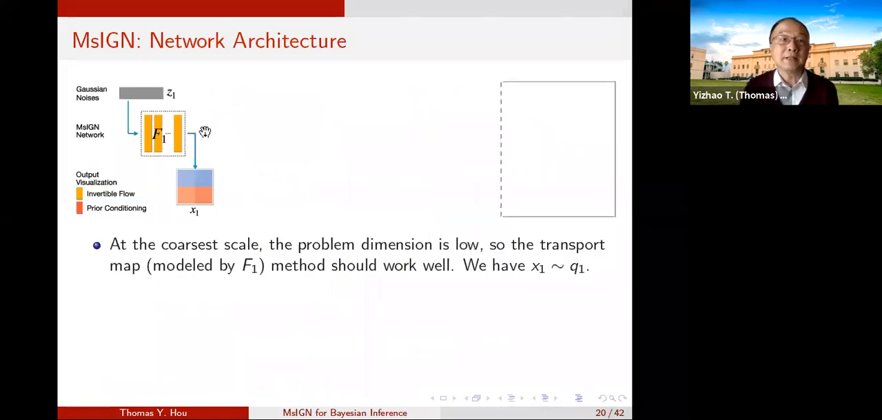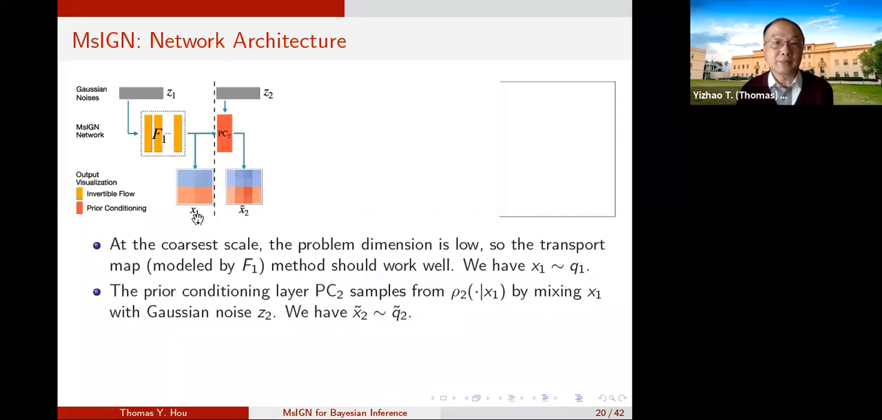So this is how the method works in the network. You start with the Gaussian noise Z1. It is the coarsest level. So you train the map F1, because it's low dimensional enough, the very coarse grid. So you can train F1 accurately enough, and then you get the X1 sample, right? And then use prior conditioning PC2 to go to the next level. The next level is like from 4x4 to 8x8,